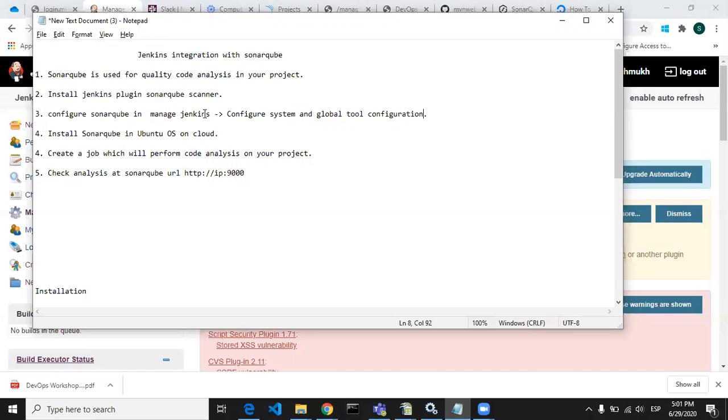Now we have to install the SonarQube software on some operating system. In this tutorial, we are going to install SonarQube onto the Ubuntu operating system, which is already present in the cloud.